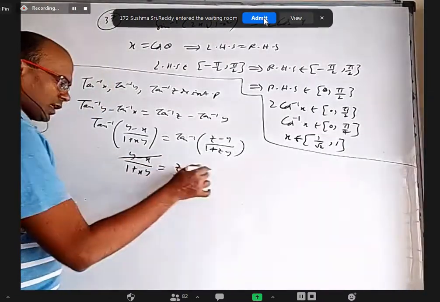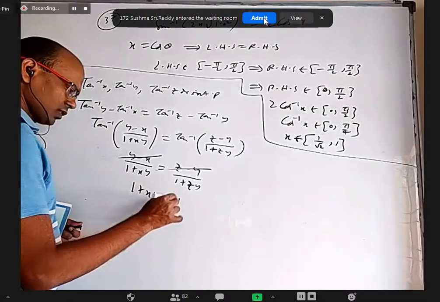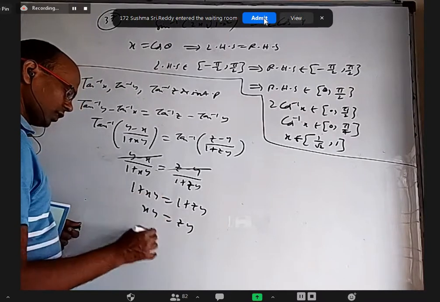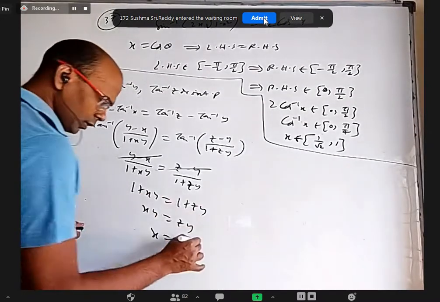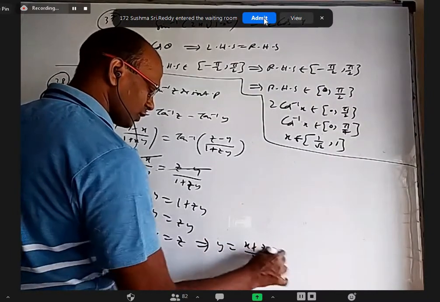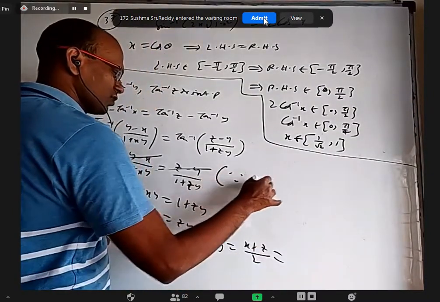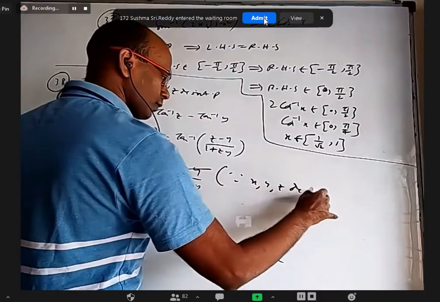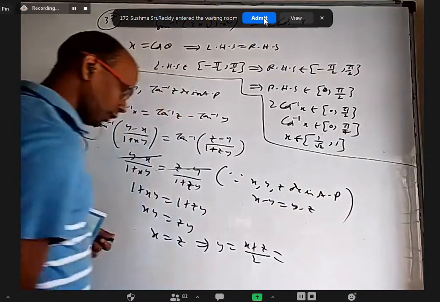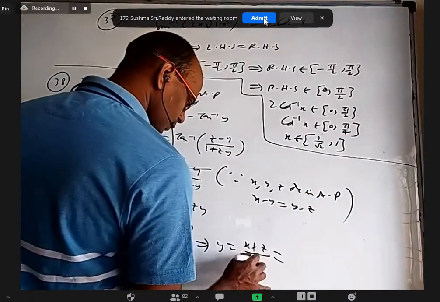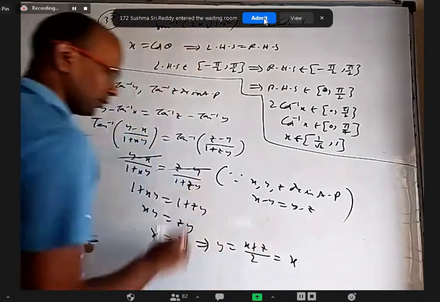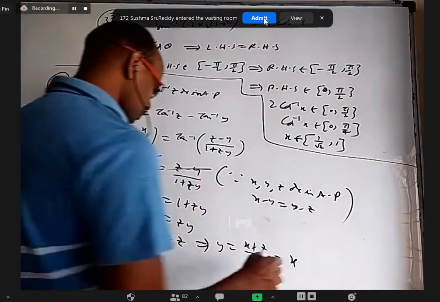Okay, so I'll just cancel these two, and then 1 plus xy equal to 1 plus zy, cancel 1, we get xy equal to zy, cancel y, we get x equal to z. If x equal to z, even y is also equal to that, because y is equal to x plus z by 2 since they're in AP. So here also since x, y, z are in AP, x minus y equal to y minus z. So y equal to x plus z by 2, which is x itself. So y equal to x equal to z.